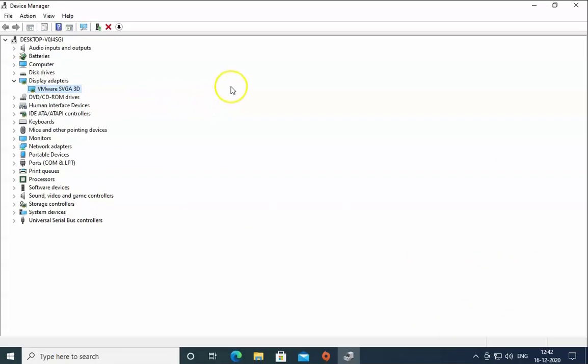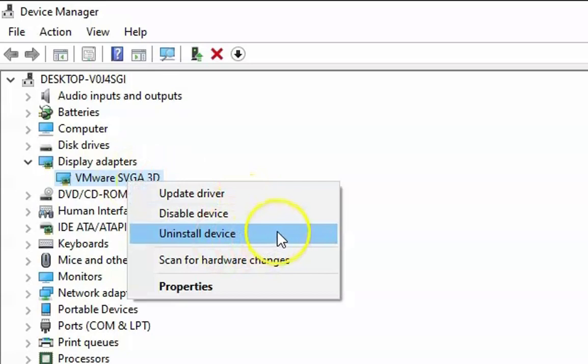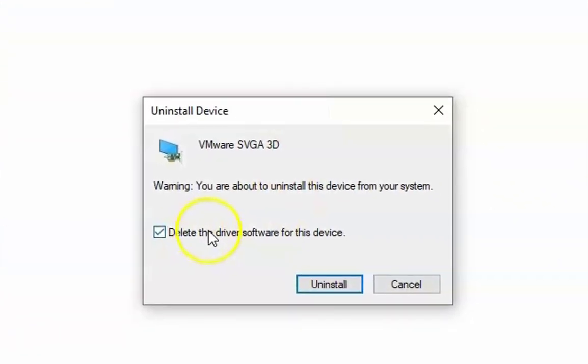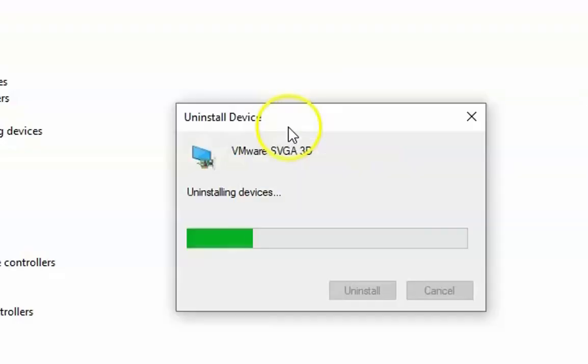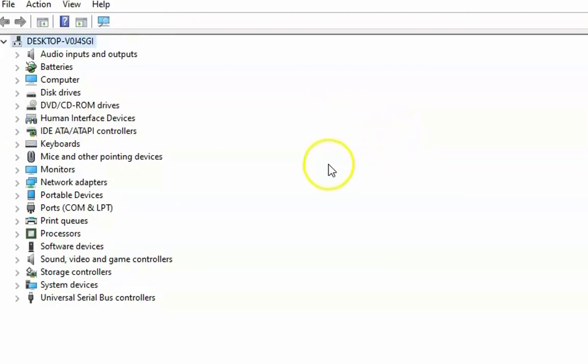If the issue doesn't resolve, then you have to right click on the hardware and then click on uninstall this device. You have to click on delete the software for this device, and by deleting the software you have to reinstall the NVIDIA GeForce Experience on your computer. You have to download the newest version from the website and then you have to install the GeForce Experience driver on your computer. So click on uninstall, and after uninstalling it will install the normal drivers on your computer, and then you have to download the drivers and install it on the machine.